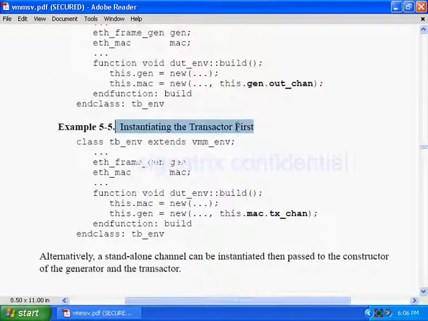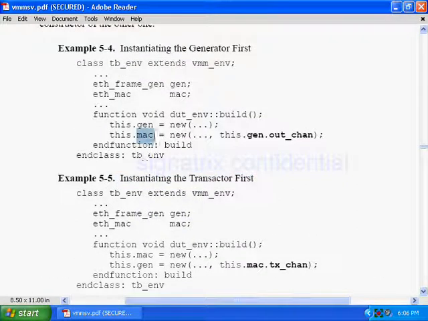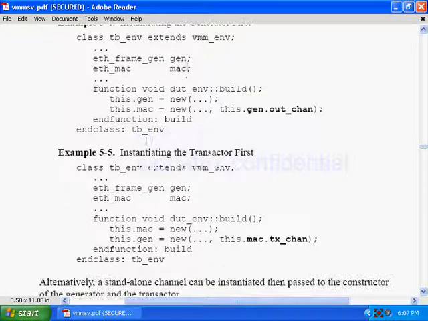Second is instantiating the transactor first. Here it is reversed. In the first approach you first instantiate a generator, connect the generator and the output channel, and then connect it with MAC. But here it is reverse. First you take the MAC transactor and connect it with the channel, and then you connect it with the generator.